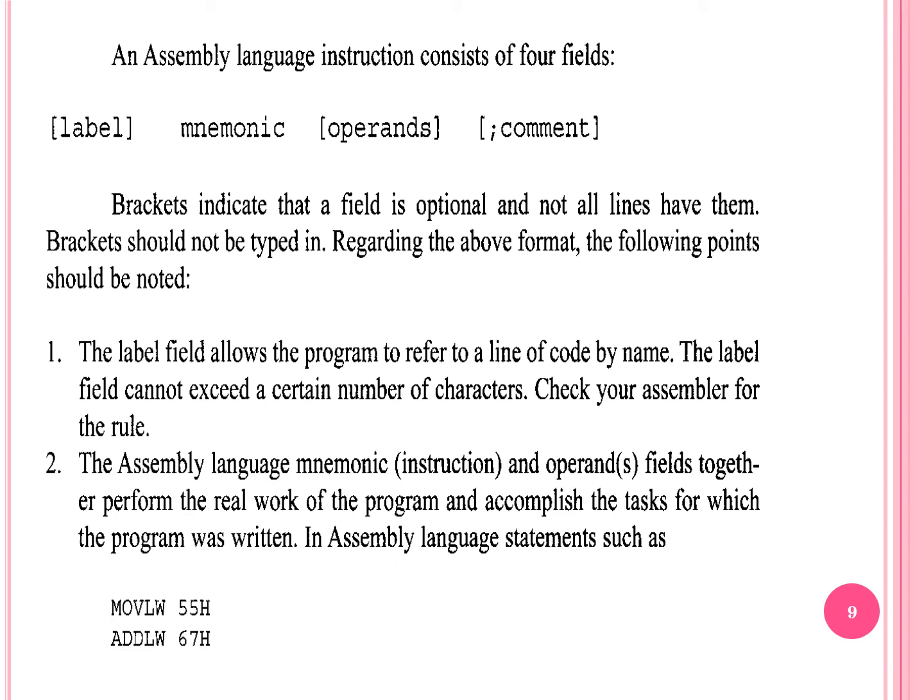General structure of an assembly language program, which includes instructions. The instruction has four fields: a label, then the mnemonic, then the operand, and then a semicolon, after which you can write the comment. For example, if you have an instruction like DJNZ, or any jump kind of instruction, then that instruction will have some label, because it requires a label for where to jump.